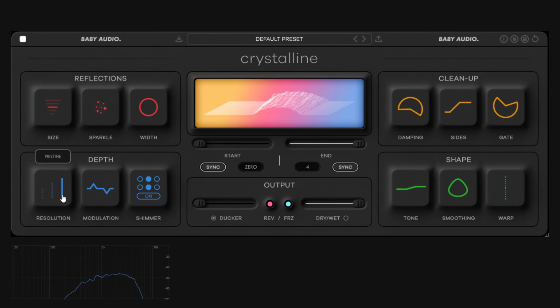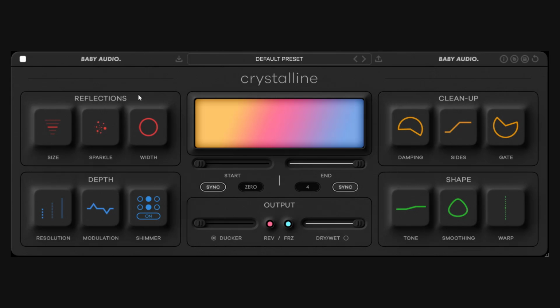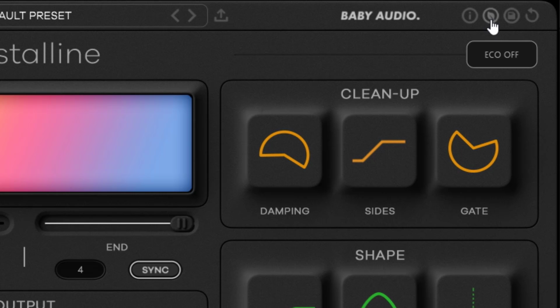Right, it's much more open, brighter, and just a little bit smoother. This one is a bit choppy, but it's fun, right? Maybe you don't have a very good computer. You can choose a lower resolution. Now at the top, if you go all the way up, you can see an icon that says